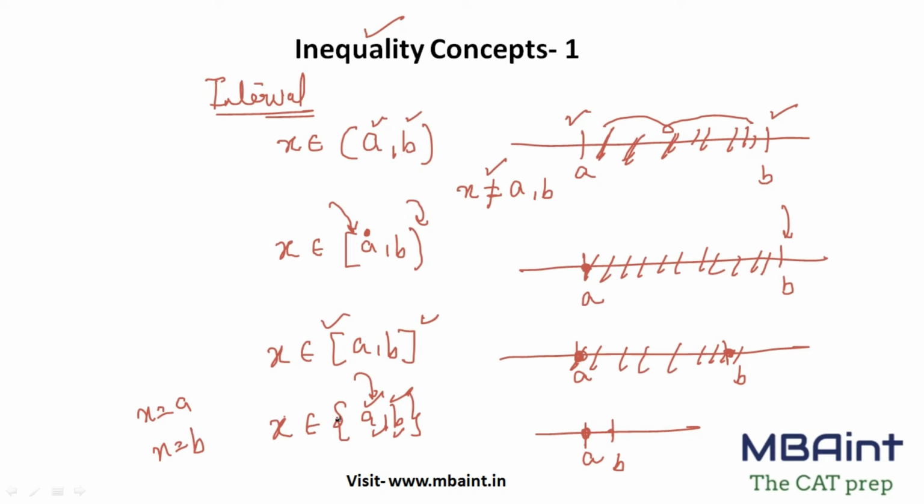So a and b को अगर mention करना है bracket में तो I write it as a and b. So x is nothing but equal to a and b, right? There's nothing between, कुछ आगे पीछे नहीं है इनका. It's the actual value a and b itself. ठीक है? So I hope you guys are very much familiar with these basic stuff. ठीक है? Now let us see few examples to try to understand these basics.